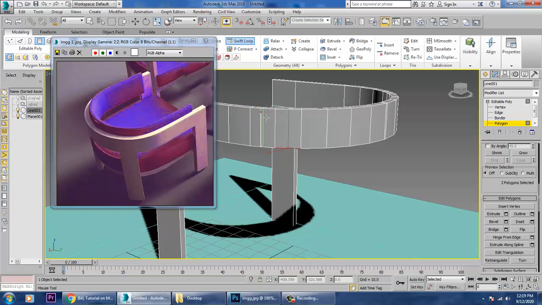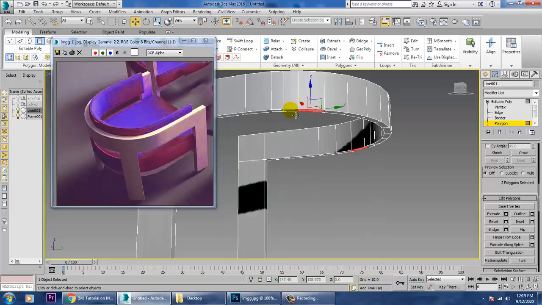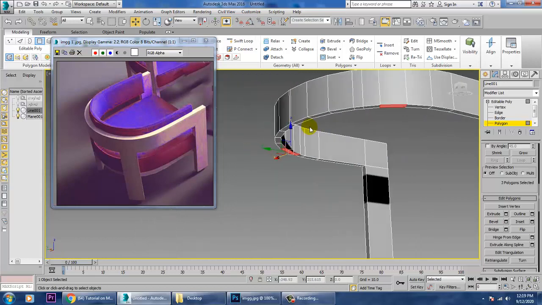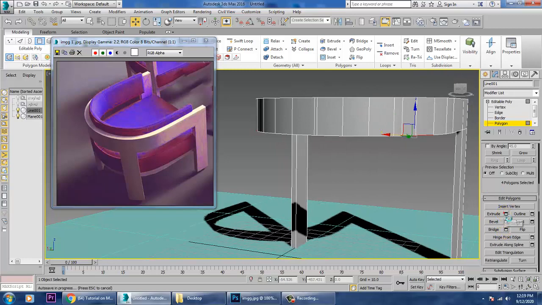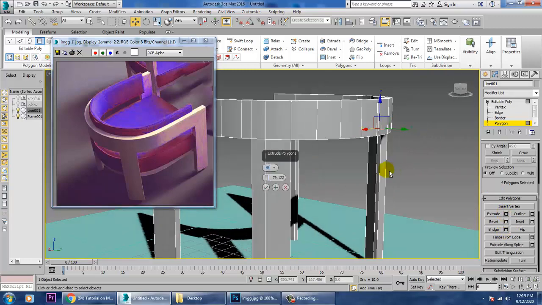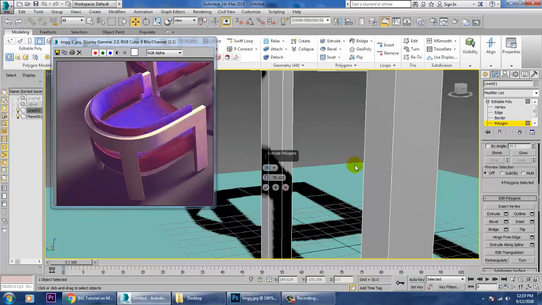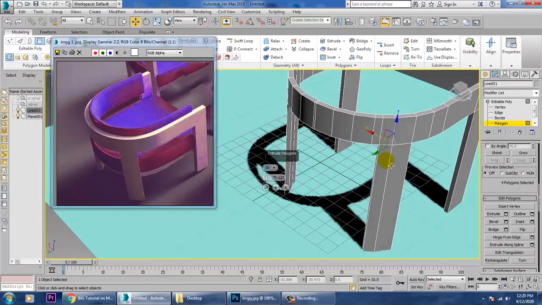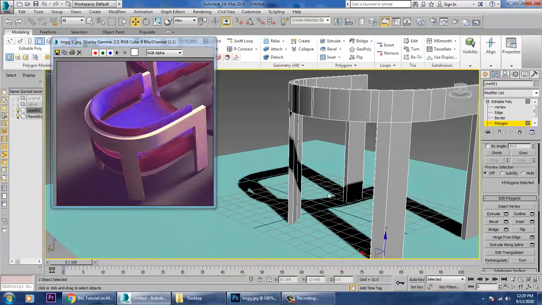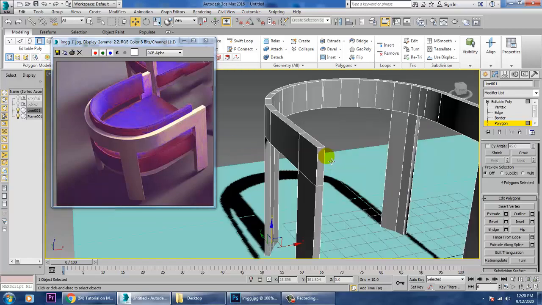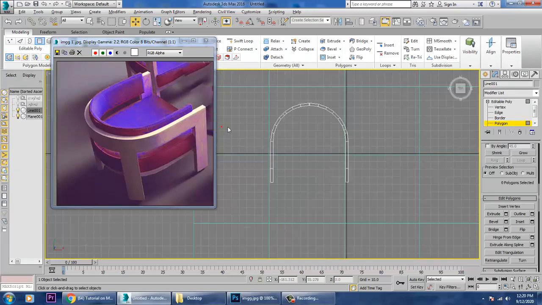So I'll get one extra over here and one extra over here, and let's just extrude this down. So you can just easily extrude your supportive legs over here for this. Just push this till here and this way. After that is done, let's go on to the top view over here.